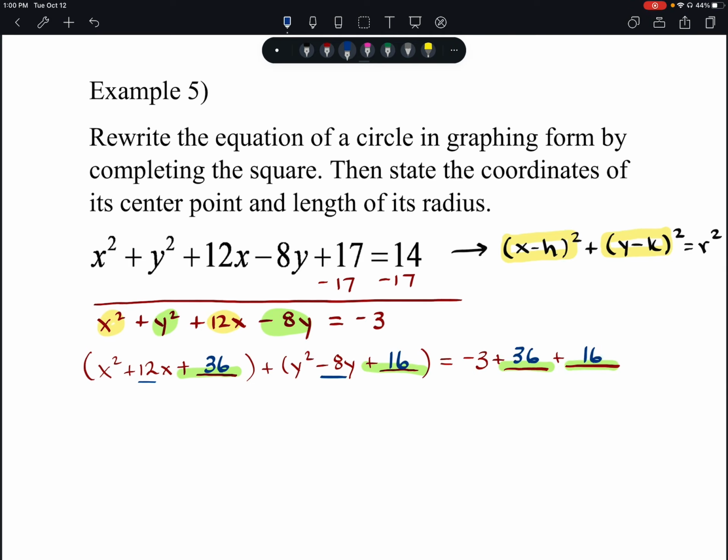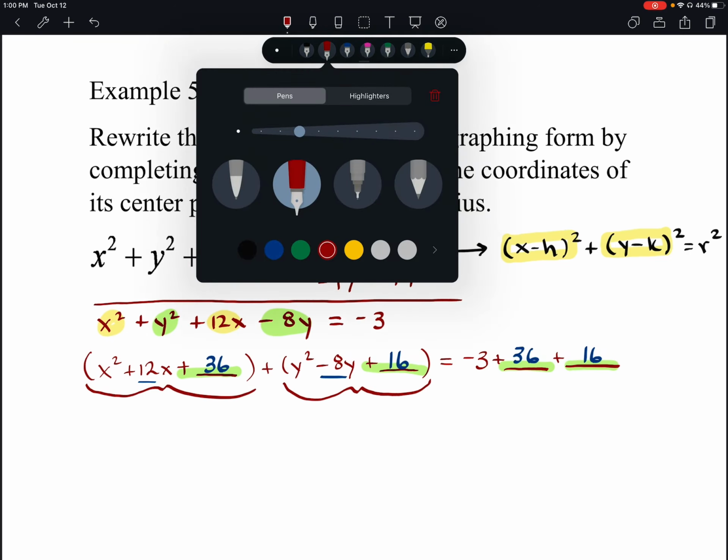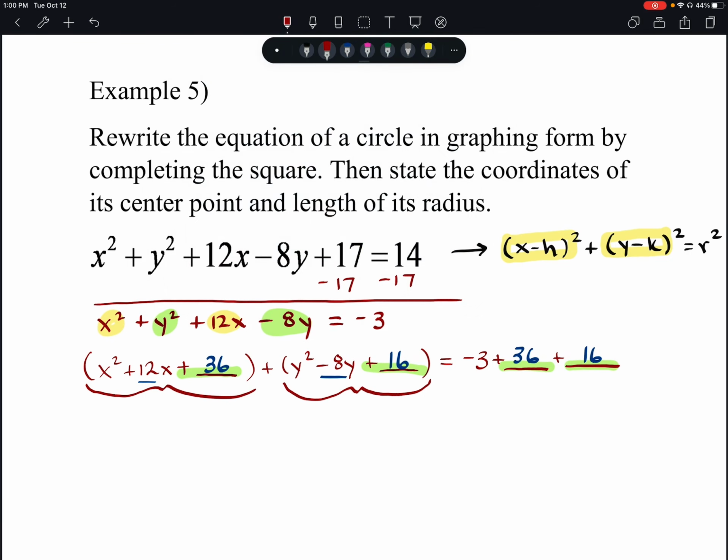Okay, so now our equation is still balanced. Remember, the whole reason we are completing the square is because we want this to be a perfect square trinomial. Now we can factor. So x squared plus 12x plus 36 should factor into x plus 6 quantity squared